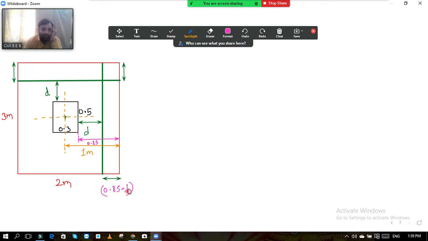minus d. Okay. So similarly now if you see on this side, this vertical, so ही जर strip आहे, या strip चा area काय, let it be, I will say this is my strip 1. I will say that this is strip 1 and this dimension is 3 meter. So what is the area of the strip 1? Area of strip 1, that is our vertical strip. The area will be 3 into 0.85 minus d. This is the area. Okay.